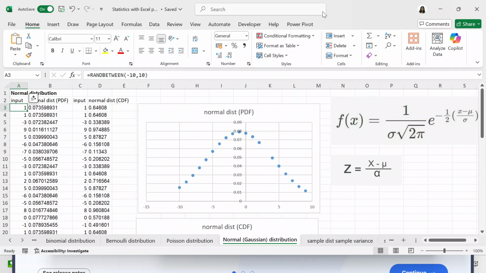digits. And then your normal distribution for the PDF, that's probability distribution function, is going to be NORM.DIST brackets A3, comma, B51, comma, B52, and FALSE. So B51 is the mean, B52 is the standard deviation, and FALSE is letting you know that it's a probability